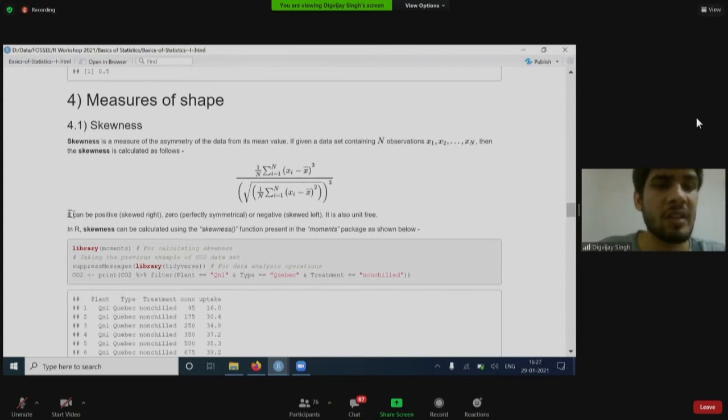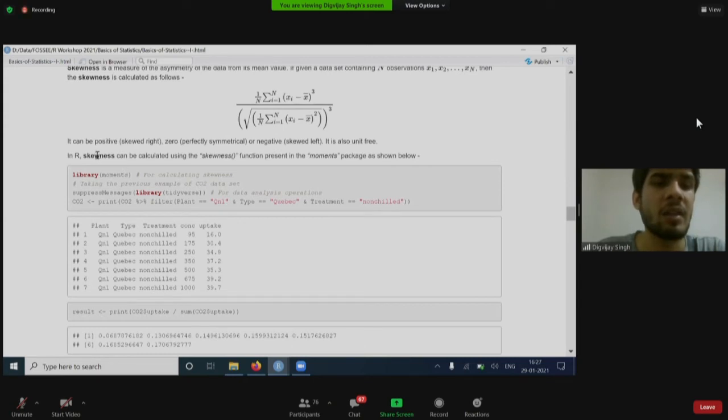A skewness can be positive, which means it is skewed right, or there can be no skewness at all, which means it is perfectly symmetrical, or there can be negative skewness, which means it is skewed left, and there is no unit associated with it. It is a unit-free measure.